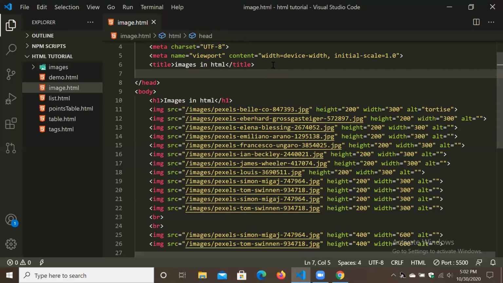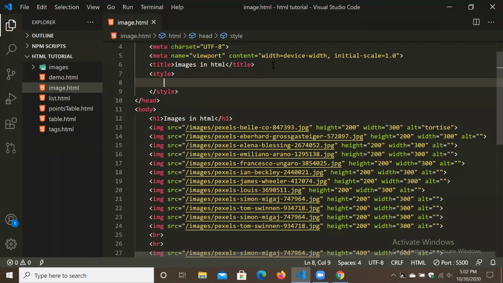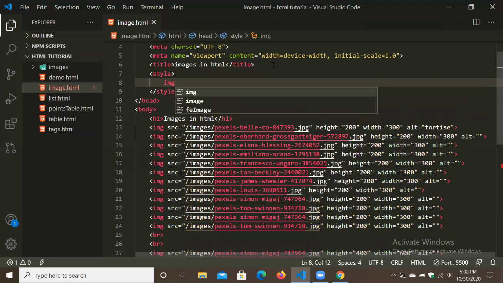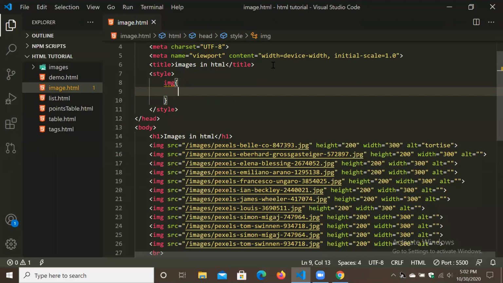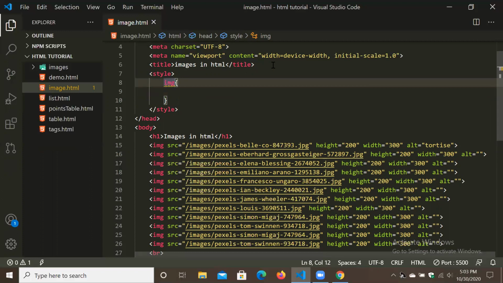So style tag, and here we will take img. First for the image, we will add a hover effect. I love the hover effect here.